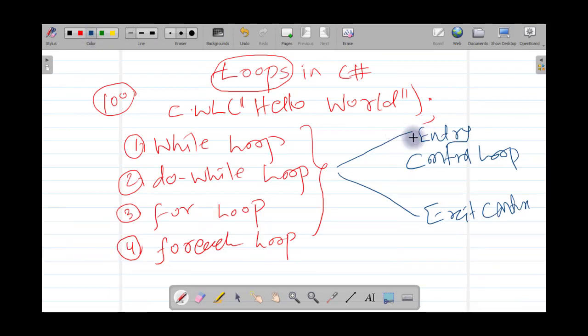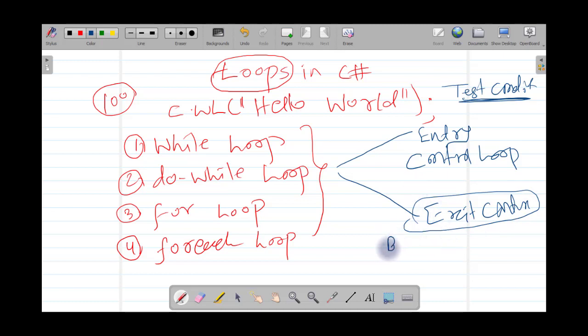In case of an entry control loop, the compiler first tests the condition. If this condition is true, then only it will execute the body of the loop. But in case of an exit control loop, it will first execute the body of the loop.